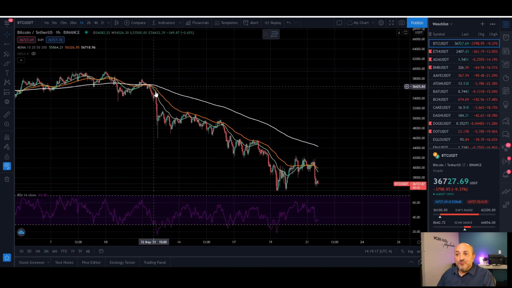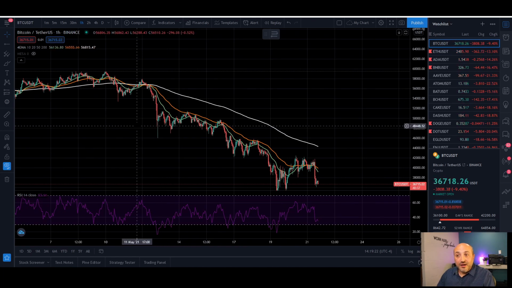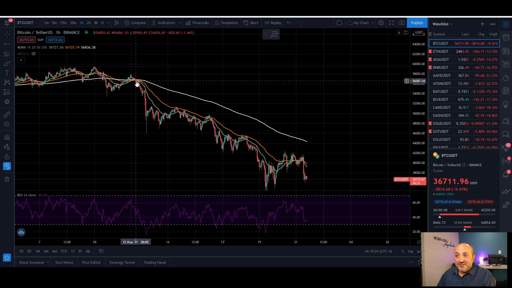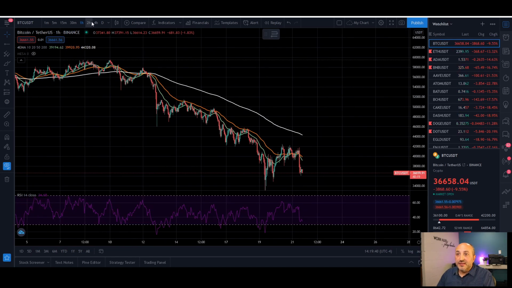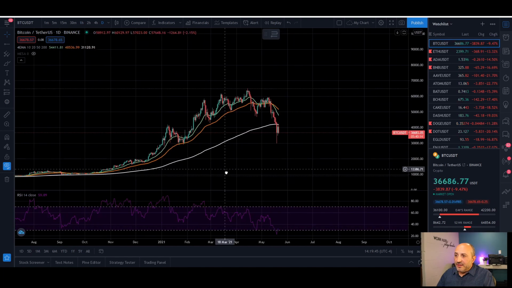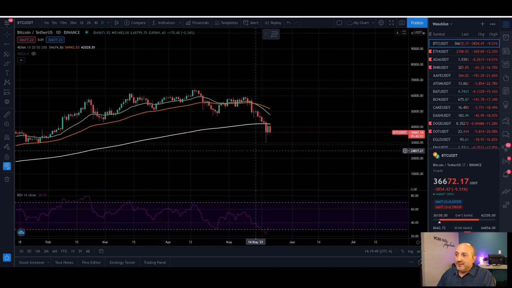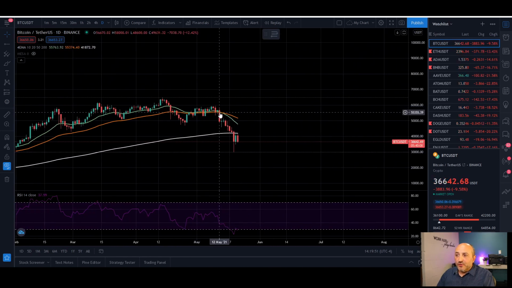So every time the price goes below the EMA 200, it means that we are currently in a downtrend. This is happening on the shorter period since May 12th. And if we look at the daily right here, as we can see, we've been in an uptrend for quite a long time, and right now my two EMAs cross over right here,